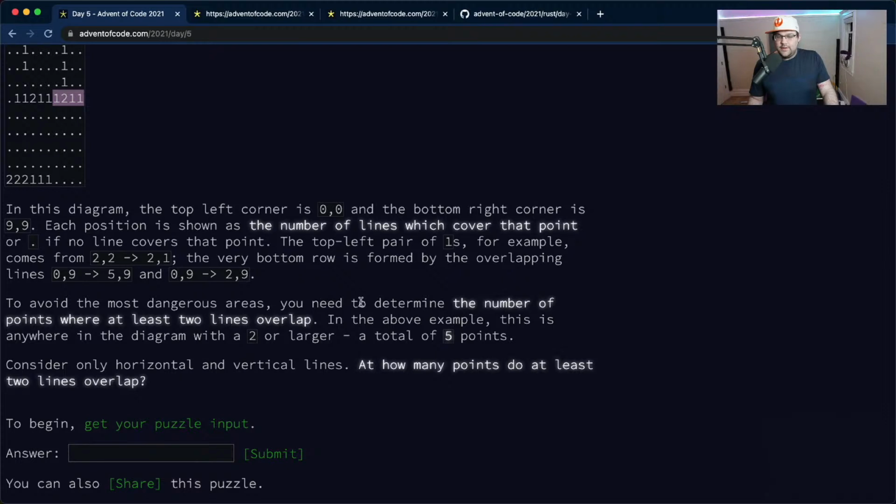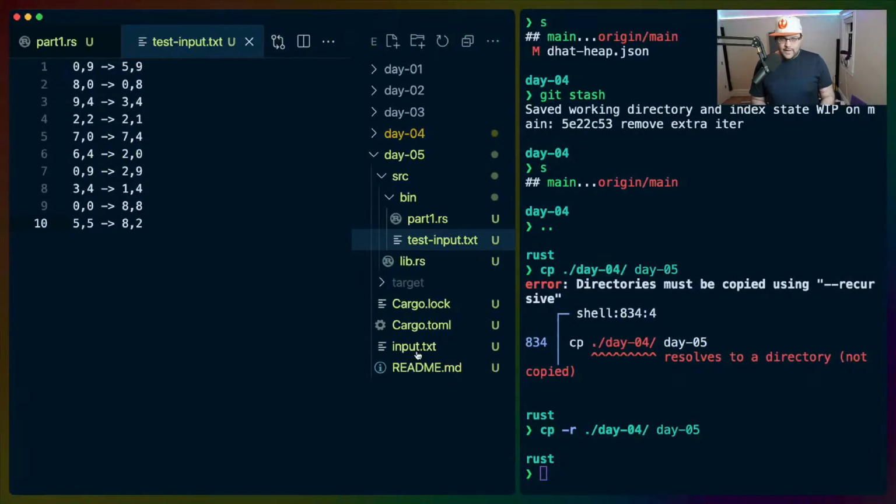To avoid the most dangerous areas, you need to determine the number of points where at least 2 lines overlap. In the above example, this is anywhere in the diagram with a 2 or larger, a total of 5 points. Consider only horizontal and vertical lines. At how many points do at least 2 lines overlap? Okay, so